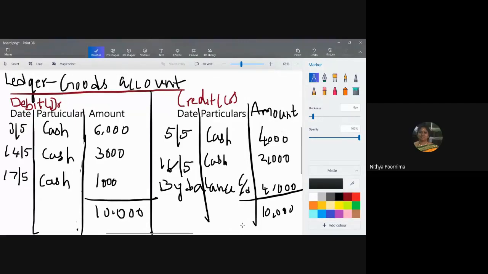Now, see the short form CD is carried down, BD will be brought down. When you're solving problems, if you see CD, it means carried down. If you write BD, it is brought down. If you have seen this suffix in a textbook, make sure you realize that CD is carried down, BD is brought down. Okay? So now, last account, ledger 2. Shall I delete this?